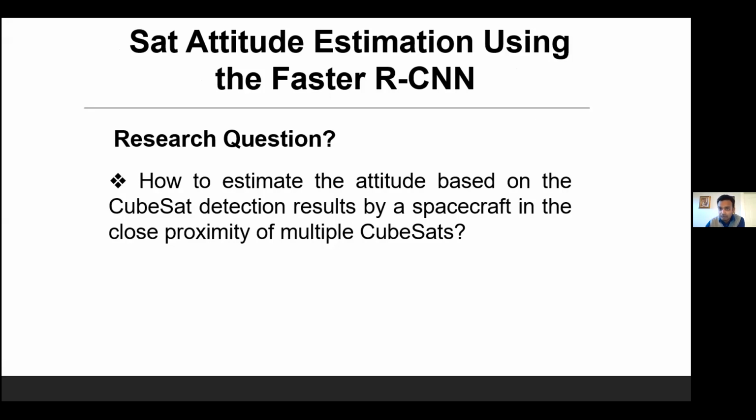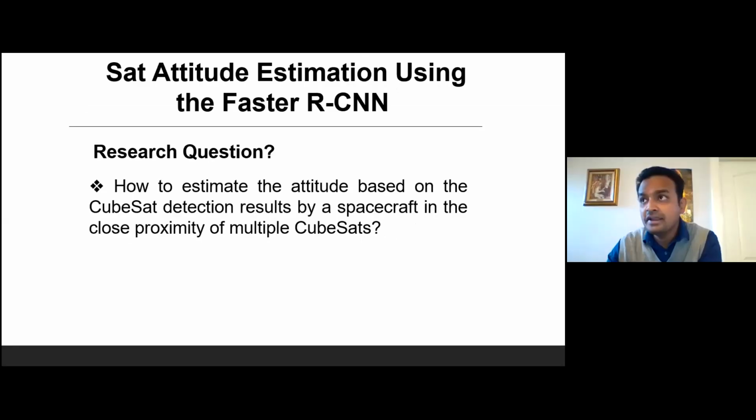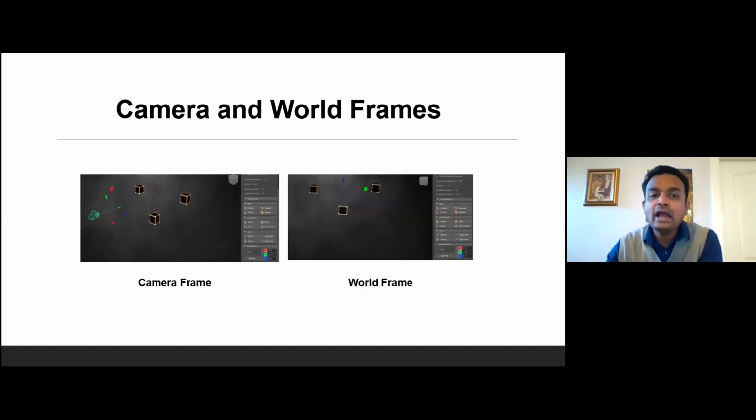It can be helpful when the primary attitude estimation fails. If the spacecraft can understand its surroundings and use some kind of algorithm to calculate its attitude, it will be helpful for the spacecraft. That means it's a secondary attitude estimation method. So what I did was